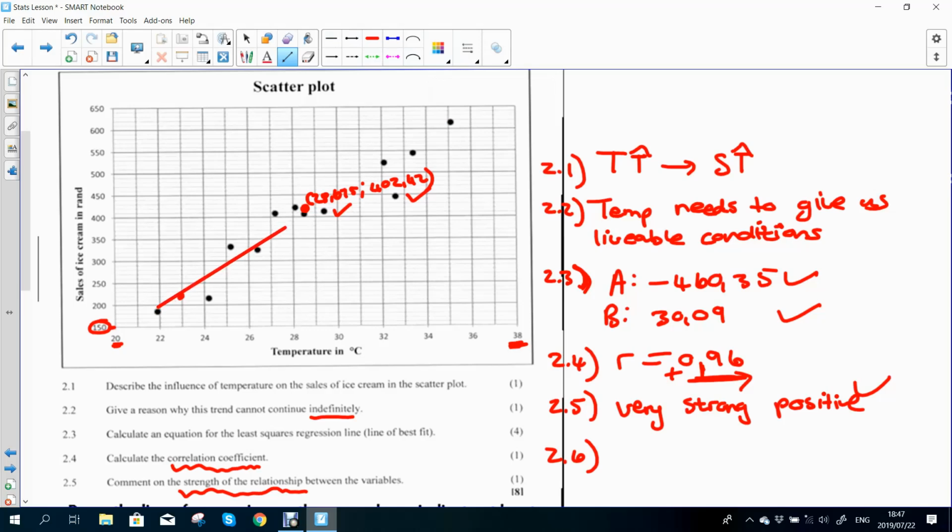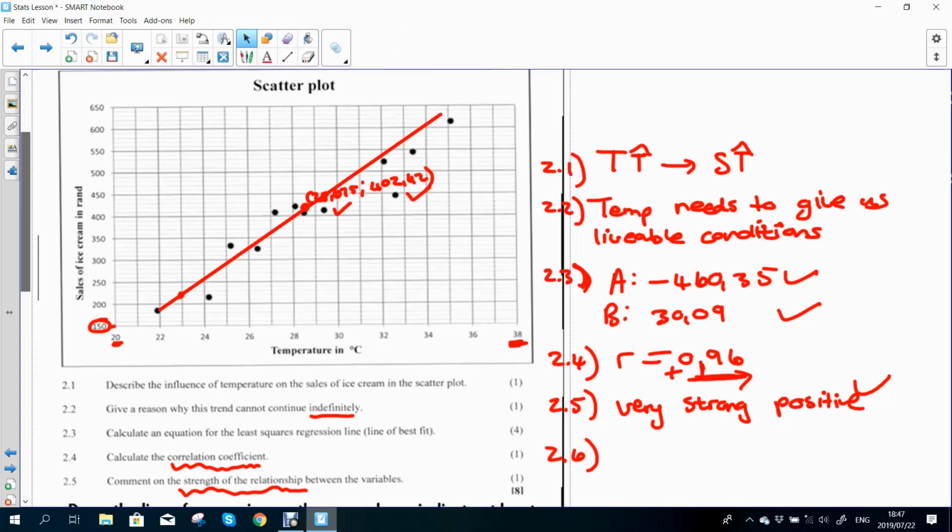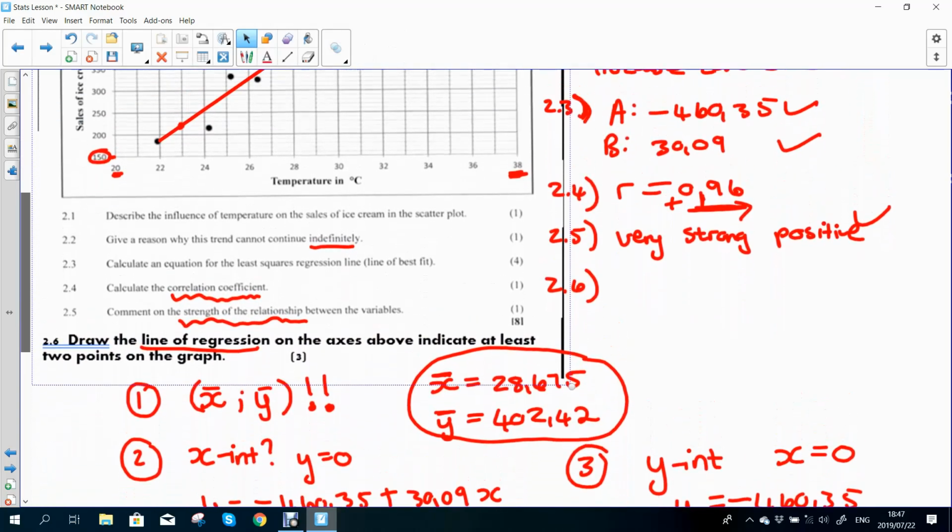And what you want to do is connect your two red dots. So the two red dots that you plotted, you are going to connect them, and perfect, there's your line of best fit, or your line of least squares, or your regression line.